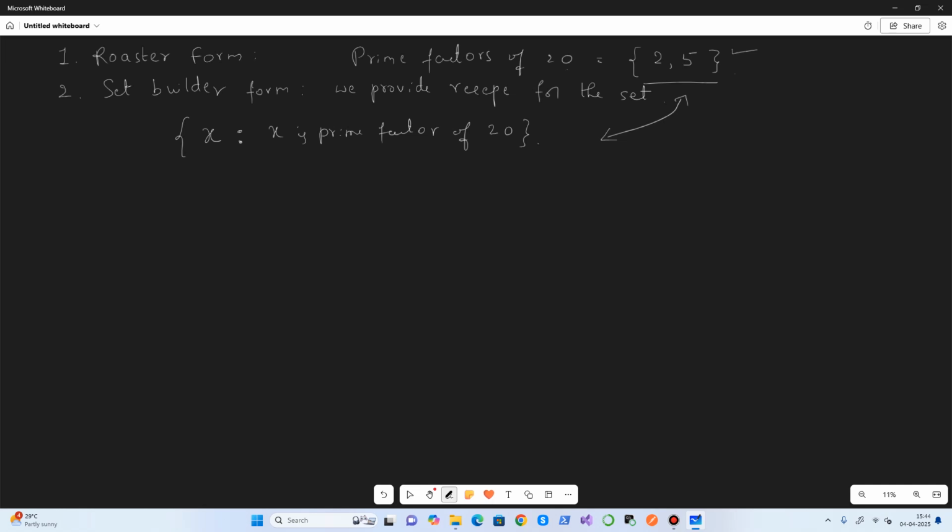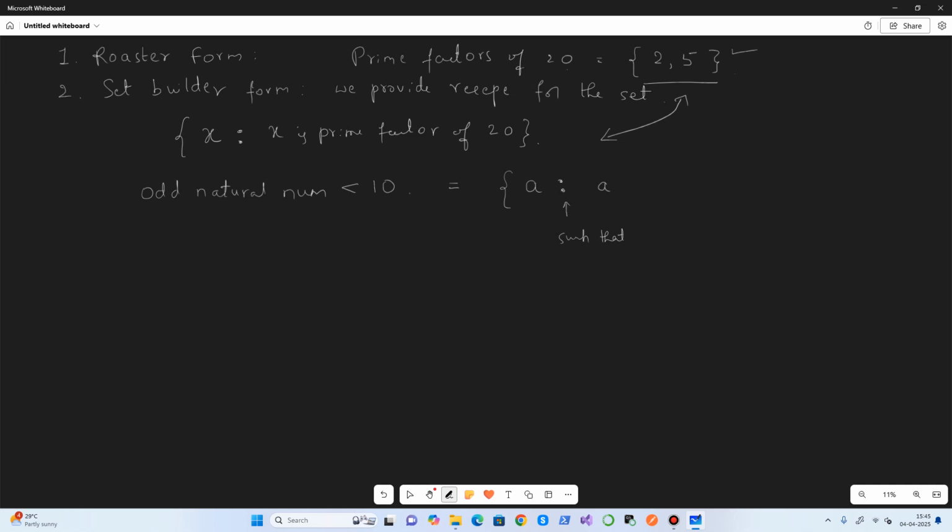So another example is odd natural numbers less than 10. First, let us put that in set builder form. You take, say, an element A, where A is an element of the set such that A is... this colon says 'such that', or it provides the condition.